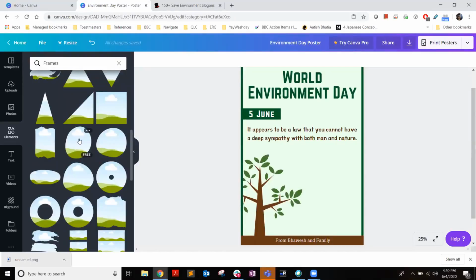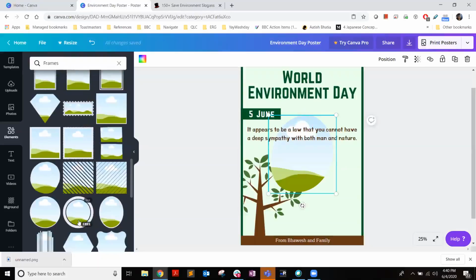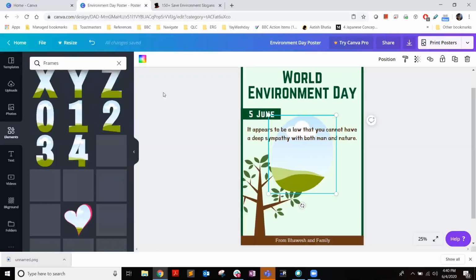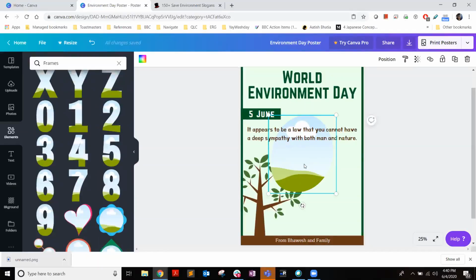I think this looks good to me. I'm going to click here. I'll see if there's anything else. Yeah, this looks good to me. I'm going to click here and reduce the size and place it here like this. This should be the size of it.